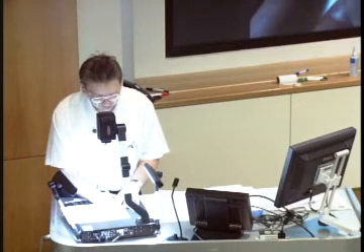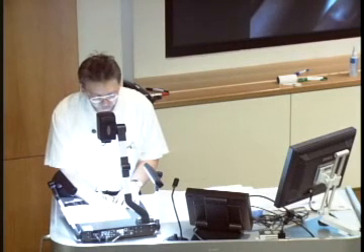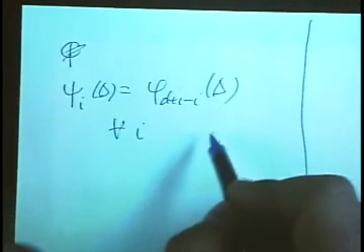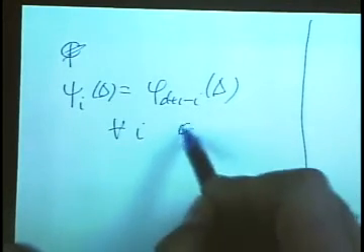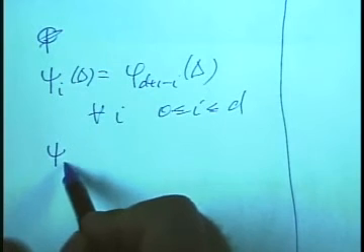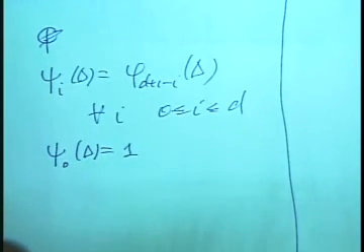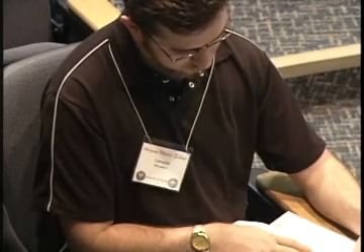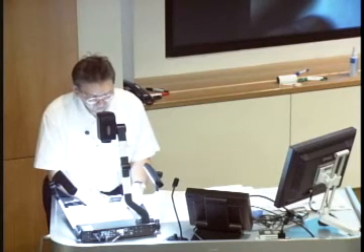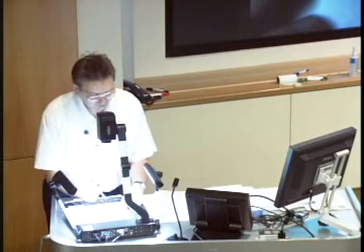So psi i of delta is equal to phi d plus 1 minus i delta for all i. In this situation, you need i in between 0 and d. Well, it's obvious that psi 0 of delta is 1 because the counting of lattice points starts with 1. The homogeneous degree 0 has dimension 1. What is less obvious, but it follows from the duality,